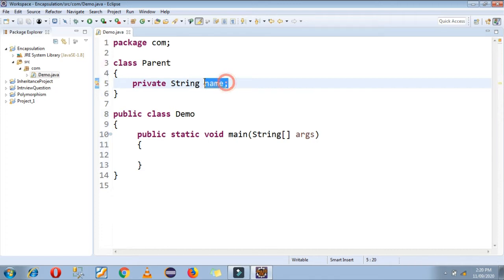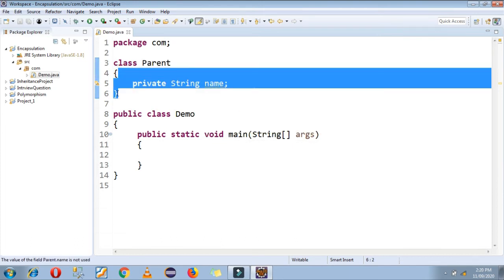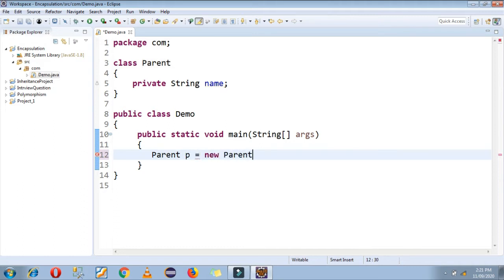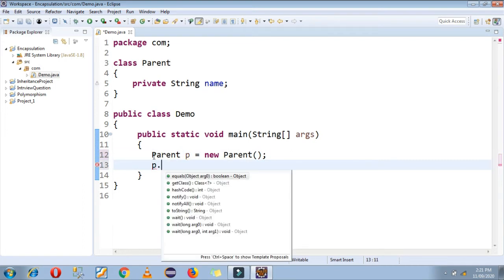As we know, when we declare any variable as private, that variable is restricted only within a class. The scope of that variable is accessible only within the class. That means we cannot access this name variable outside Parent. Let's check practically. In this main method I am creating a Parent class object now, and I am passing some value to my name variable.